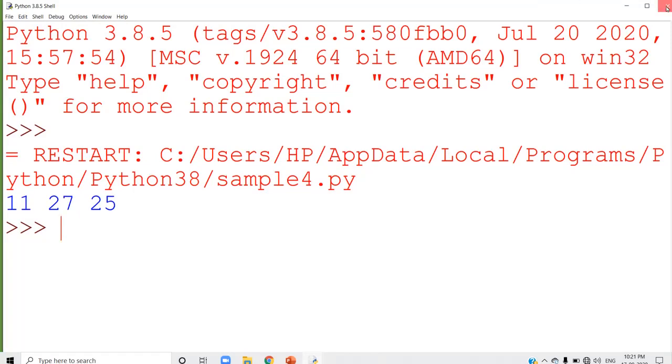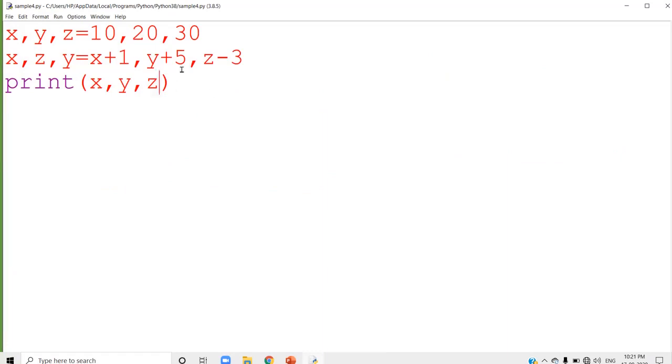Now, I'll change it here. Here I am going to write again X. Can you evaluate this one? Try to evaluate by yourself, and after that you run the program by yourself. Try out this code in your Python screen. First evaluate manually, write down the answer somewhere. After that compile and run the program and check whether your answer is right or wrong.